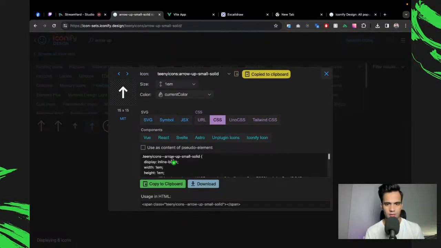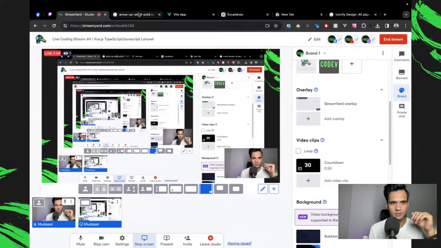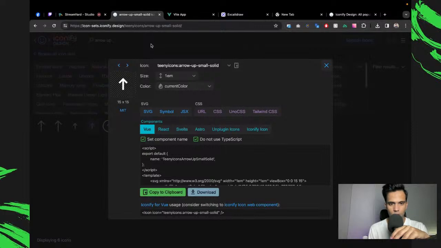It doesn't really matter. What do we want to copy? We can go with the Vue. We can install a Vue package, but again, that will be a new dependency for us. So I'm just going to go ahead and grab the SVG. That would be the easiest way to get started.